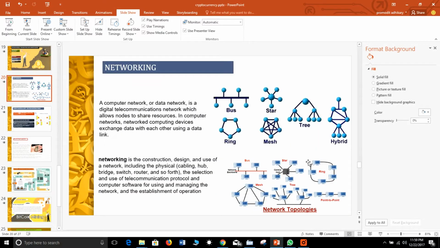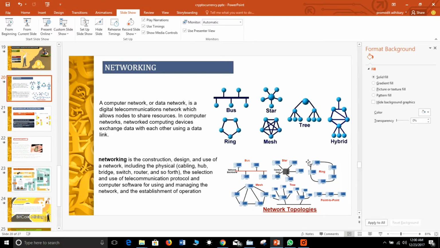You can see these diagrams over here: bus, ring, star, mesh, tree, hybrid. These are all different types of network topologies. These are the platforms we use. If you are using a star topology, we use it to maintain a distance of several meters, tens of meters, or 100 meters, maintaining the coverage of the star topology. Similarly, for bigger areas we use hybrid and tree topologies.